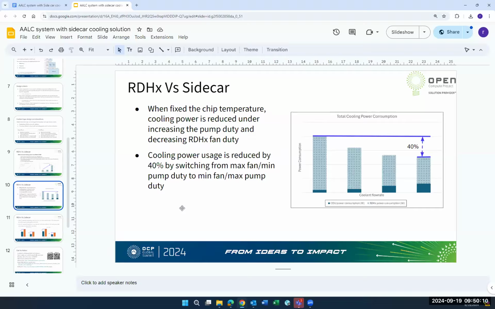In this graph, we can see that the fan power in the AALC system accounts for a large proportion. So even if we reduce the fan duty and increase the pump duty,